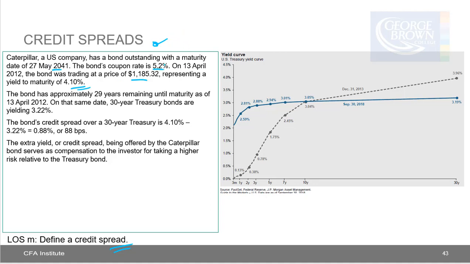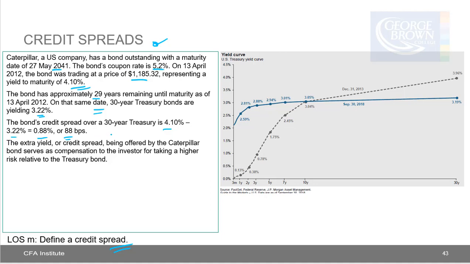So you can see coupon rate is 5.2%, but yields in the market have gone down. So as yields have gone down, the price has gone up. Okay, so this bond is trading at a premium. That's interesting to note. And at that time, the bond had approximately 29 years left to maturity. And on that same date, the 30-year Treasury bond was yielding 3.22%. So the way that we calculate the bond's credit spread is the yield to maturity on the bond minus the U.S. Treasury yield, 4.1% minus 3.22% gives us 0.88%,